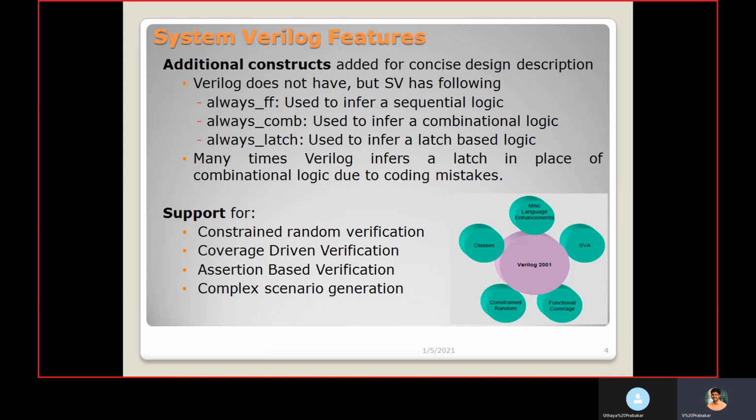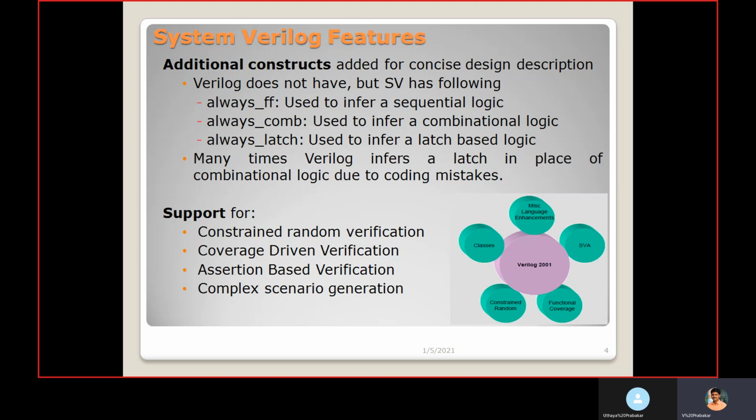So we have some constructs for doing randomization, and we can constrain that randomization behavior with the help of constraints. For example, it is a 4-bit input. The input combinations are 0 to 15, 16 combinations you can give. But I need to give only from 0 to 10. So here we can constrain the random. By using randomization, we can randomize, and with the help of constraints, we can constrain the randomization behavior. So that feature is available here.